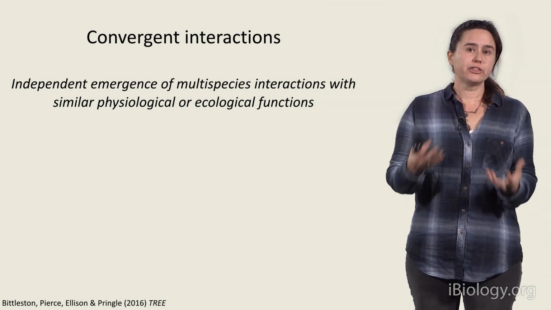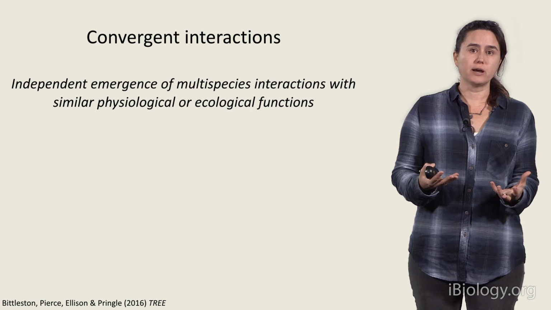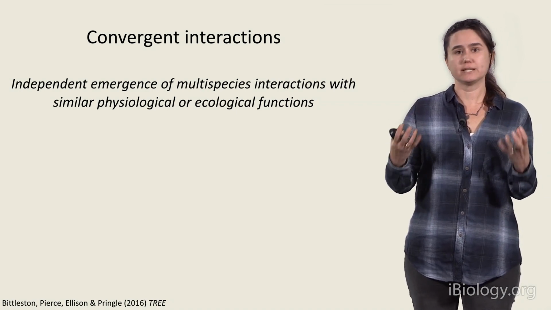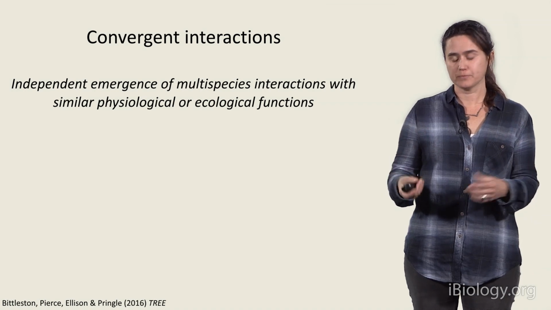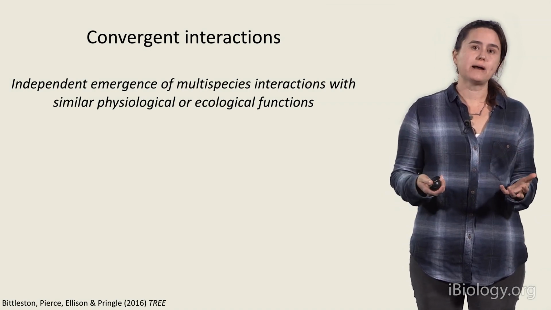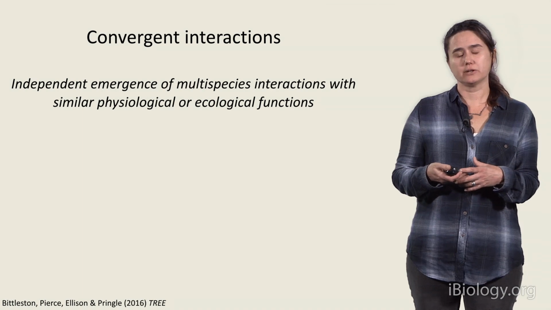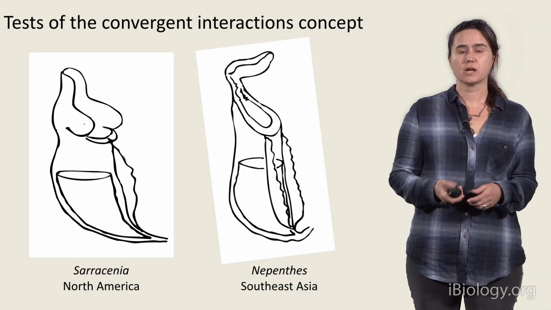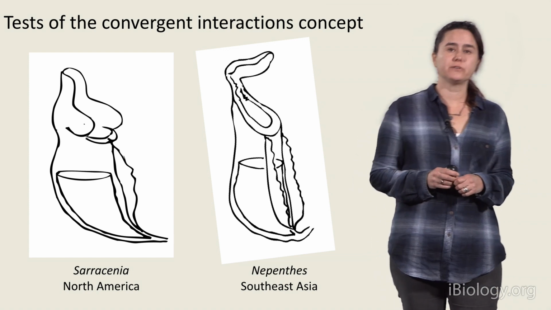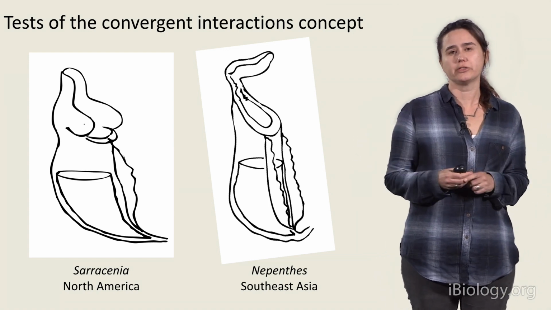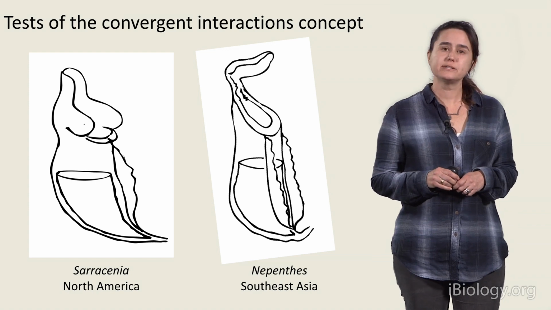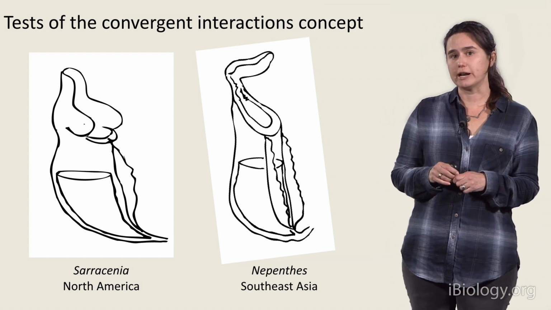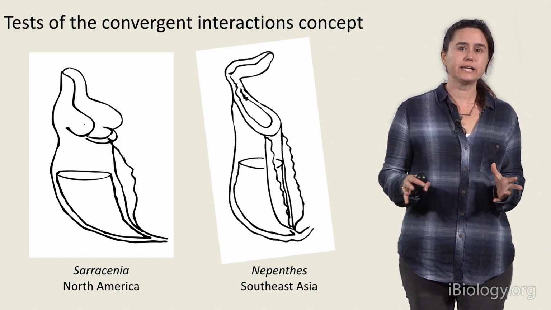It's a new way to think about something that I think we've known about for a long time, that there are interactions in nature that we can see that evolve repeatedly. In trying to think more about what it means to use these words, convergent interactions, we wanted to turn to a different system and really test what we were thinking about when we used these words. And the system that we turned to first is a system that involves two genera of what are classically